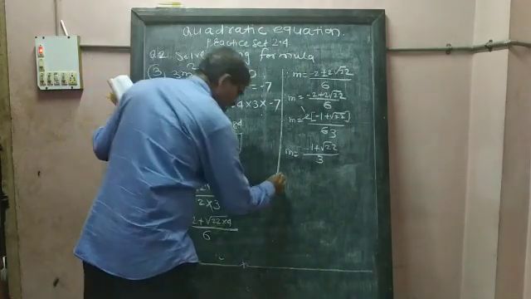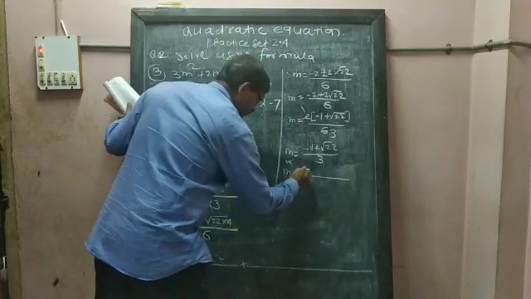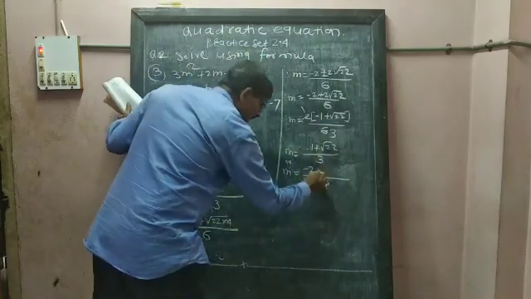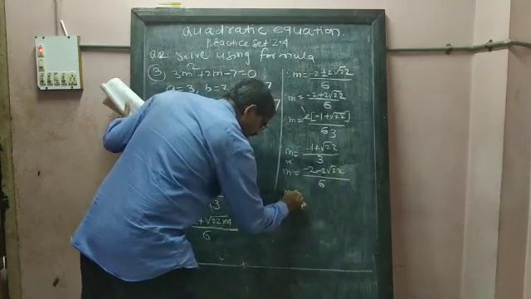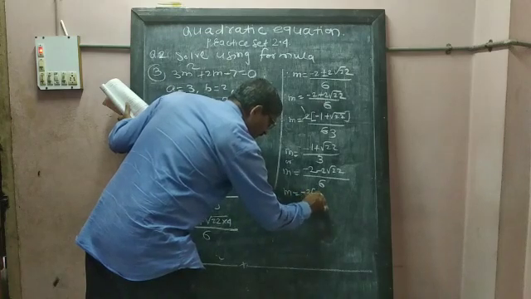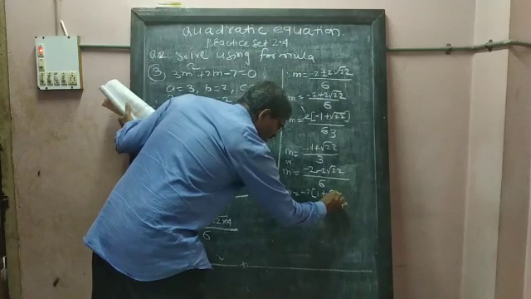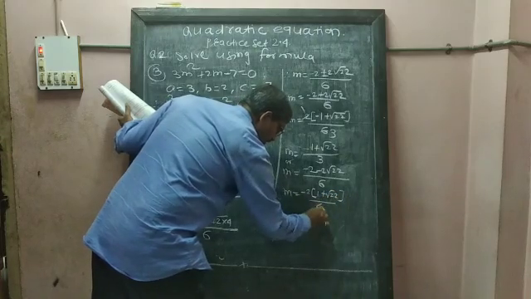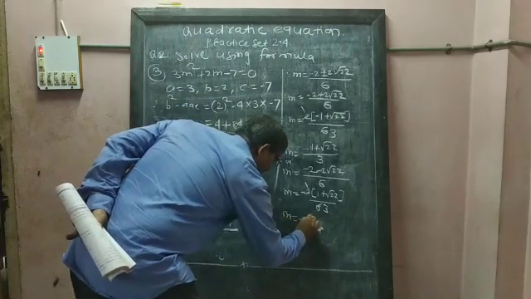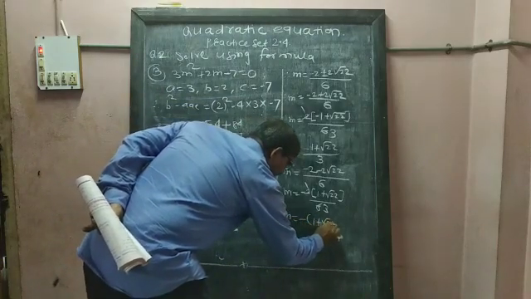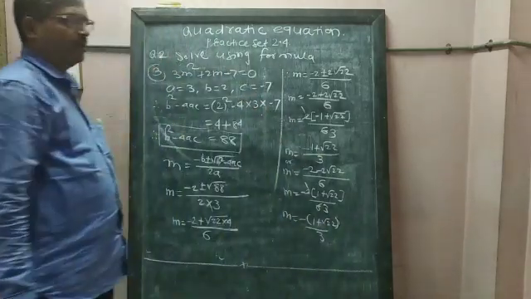Now we have to take the other one, m is equal to minus 2, here we took plus, here I will take minus 2 under root 22 upon 6. Therefore here minus 2 is common, then minus 2 divided by minus 2 means 1. Here positive root 22 upon 6, 2 1s are 2 3s are 6, so m is equal to minus 1 plus under root 22 upon 3 is the root or the solution.